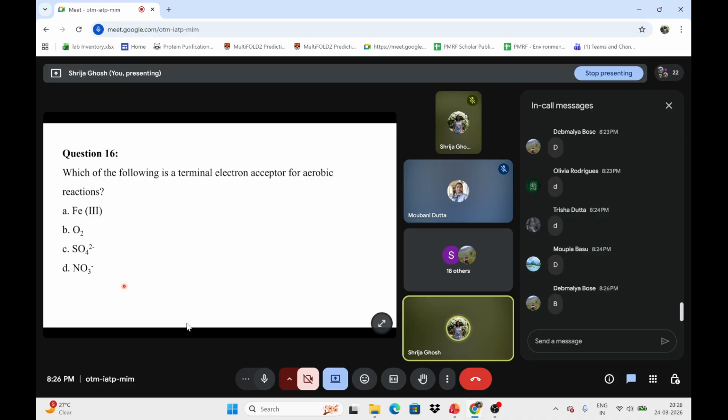Terminal electron acceptor for aerobic reaction. Which of the following is accepting electrons? Finally, who accepts the electrons? Fe3+, O2, SO4 2-, or NO3-? Which molecule or compound accepts the electrons in the electron transport chain? We saw the electron flow from NADH to different complexes and cytochromes, and ultimately the electron goes to